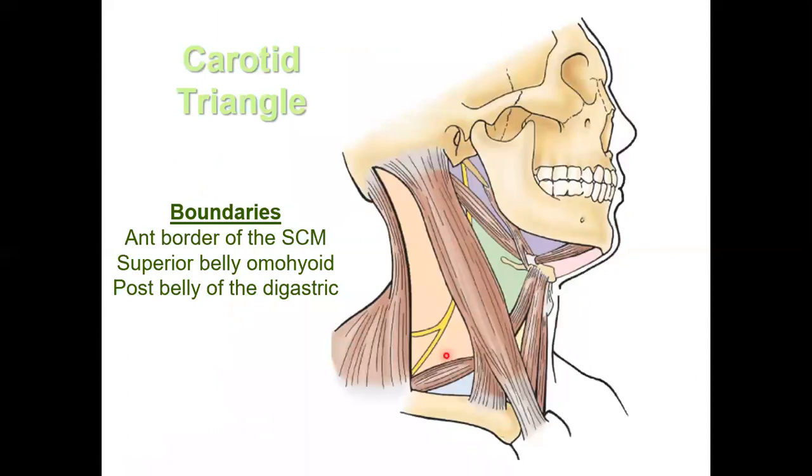Okay, so now your carotid triangle, which is here. So the borders of your carotid triangle, you can see posteriorly you have the anterior border of your sternocleidomastoid. Superiorly, you have